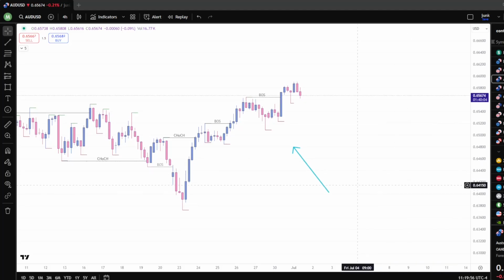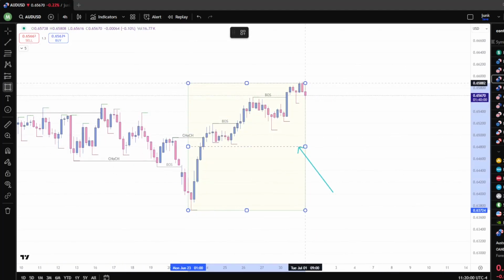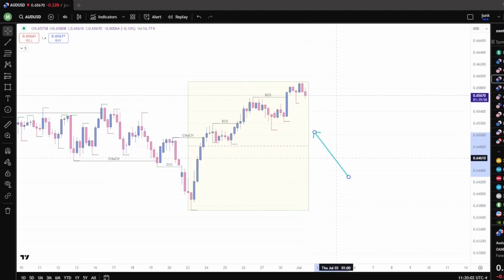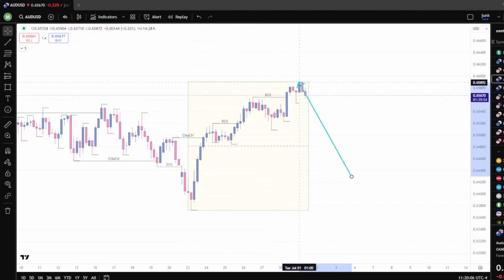AUD USD. Let's go ahead and map out the current range. As you know, this continues to push higher. Higher highs, higher lows, higher highs, higher lows, higher highs. Currently making a new high, starting to retrace back down. This demand is in control. This candle already did tap into this last sell before the buy that broke structure to the upside. So these buyers step back in